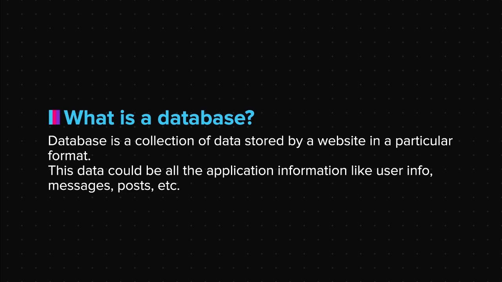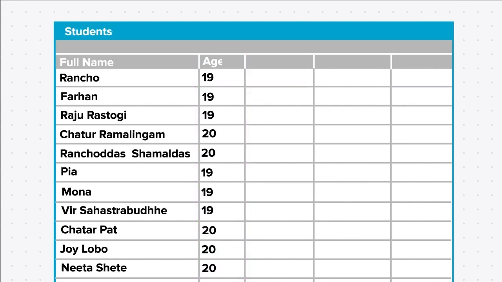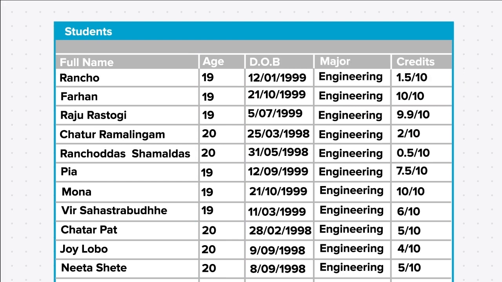Now, let's try to understand the structure of a database. Usually, a database software stores data in the form of tables. These tables have rows and columns, much like Microsoft Excel. For example, this is how a database of a college may look like. You have a table called students which would contain details of all the students like this. Hope that gives you an idea of database's functions.